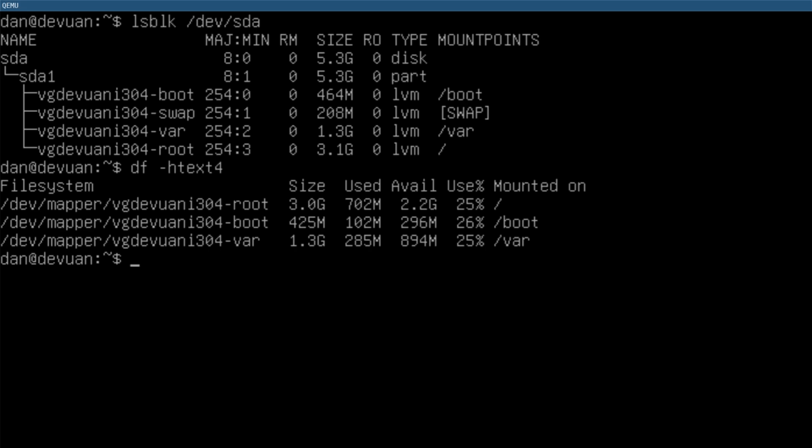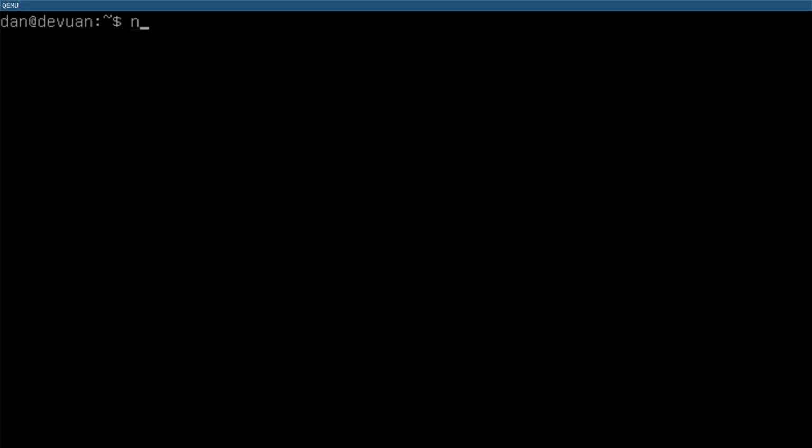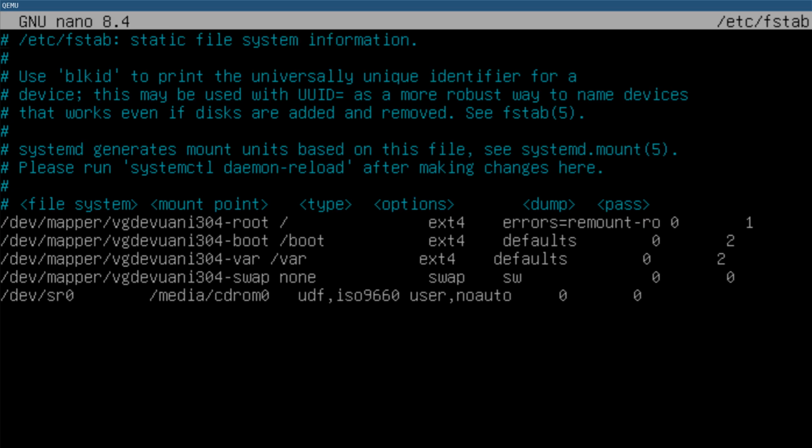You also see this when we go nano /etc/fstab. Here you see the fstab, and here you see the volume group logical volume device, or the logical volume, which is mounted to root and boot and var. So just to show this,